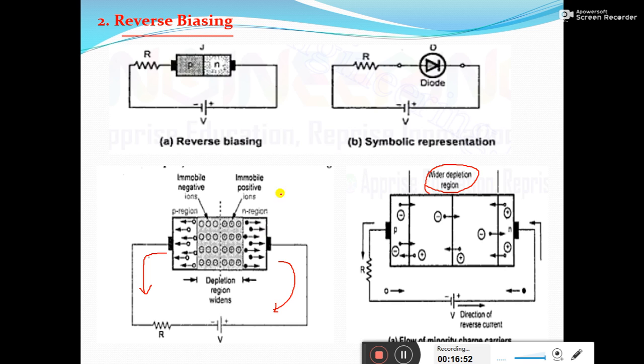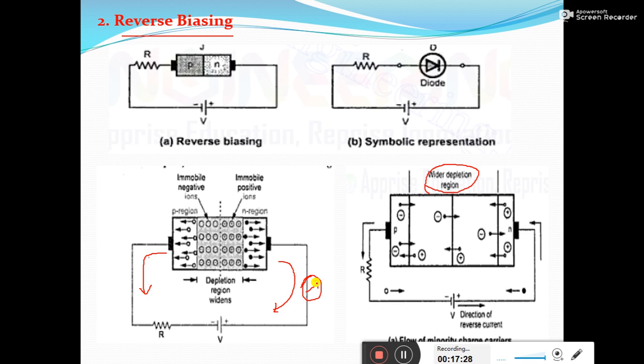As the depletion region is getting increased, if you connect any emitter here, since there are no charge carriers, no majority charge carrier is crossing the junction and reaching the other place, this current will be very small. Current should be zero, but a very small amount of current is noted. That is due to the minority charge carriers. I cannot neglect the minority charge carriers here, because they will be very less in number, but their contribution is also there.